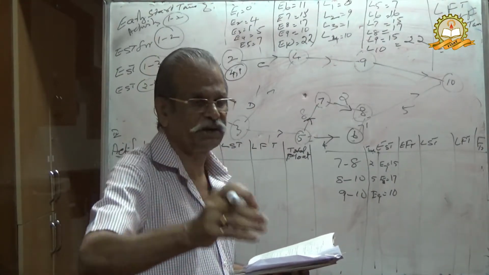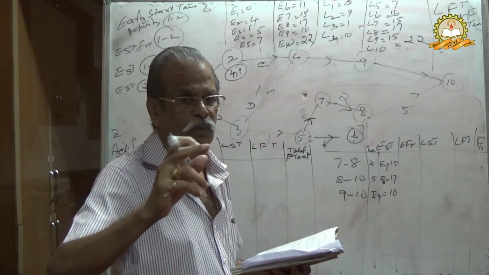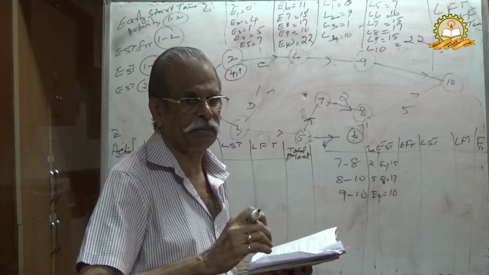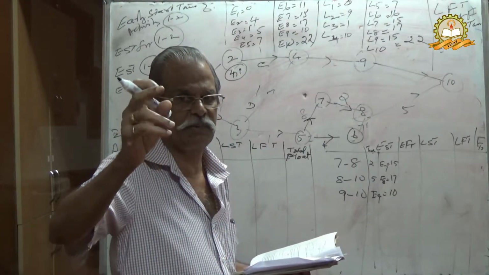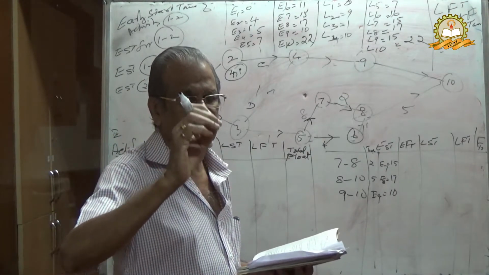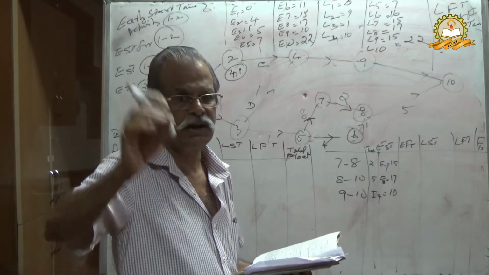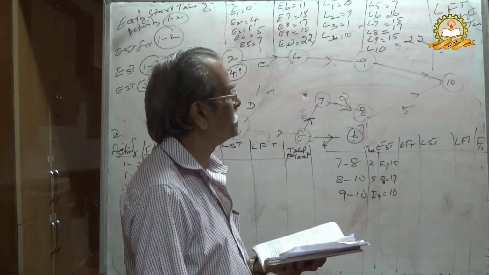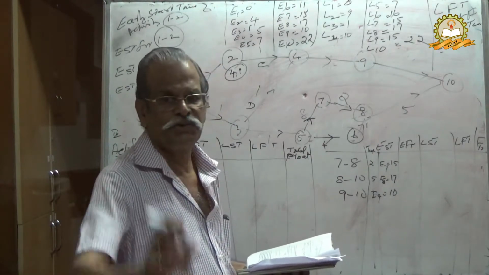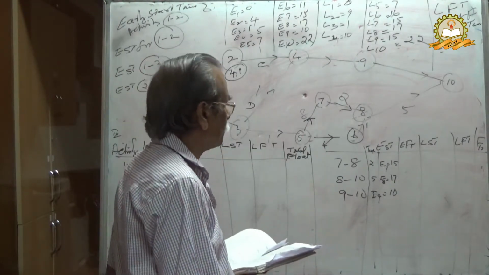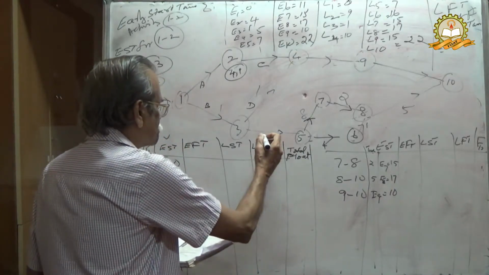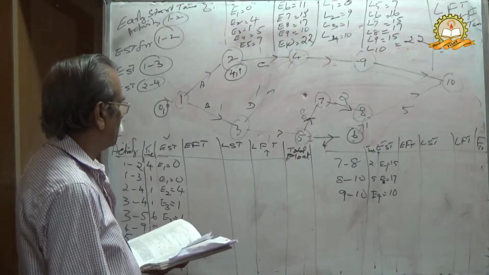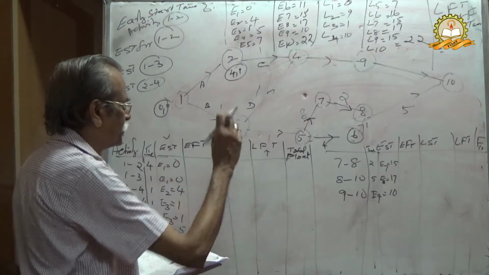Latest finishing time. We said 10 to 1, a 3 hour duration. Therefore you start by 10 a.m. and finish exactly by 1 noon. That is the latest finishing time. After that you are not supposed to write. Therefore LFT means latest finishing time, which is equal to 1 normally. We fill this column. LFT, easy form. Therefore EST you can have, LFT you can have.